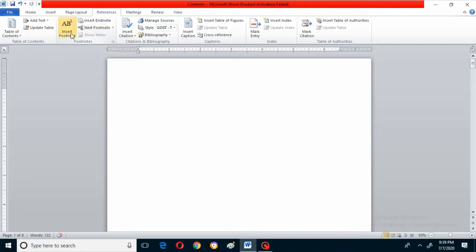First of all, before explaining the usage of insert footnote, I would like to say what its purpose is. For example, take a textbook. In the textbook, each page has some data in it. In the middle of the data, lines, sentences, there may be a hard word or new word.